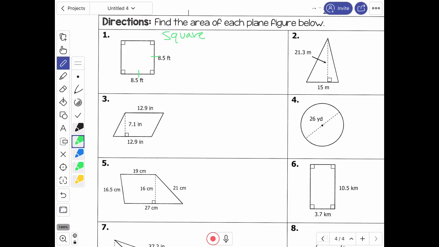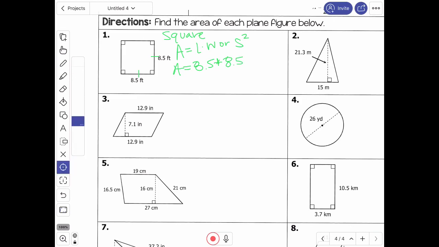And a square's formula for the area would be area equals length times width, or you can do s squared. So area equals 8.5 times 8.5. See how those would be the same thing as 8.5 squared? That's what I'm getting at with the rectangle formula and the square formula are the same. So then the area of this plane figure would be